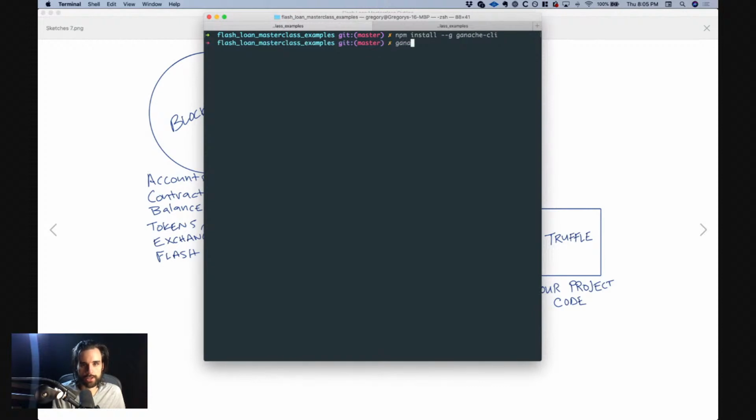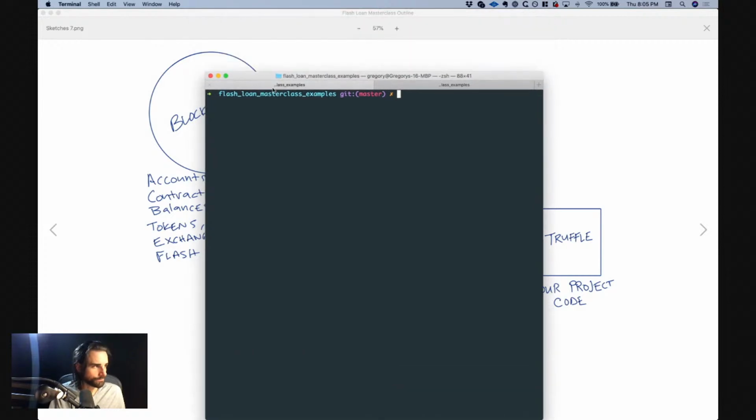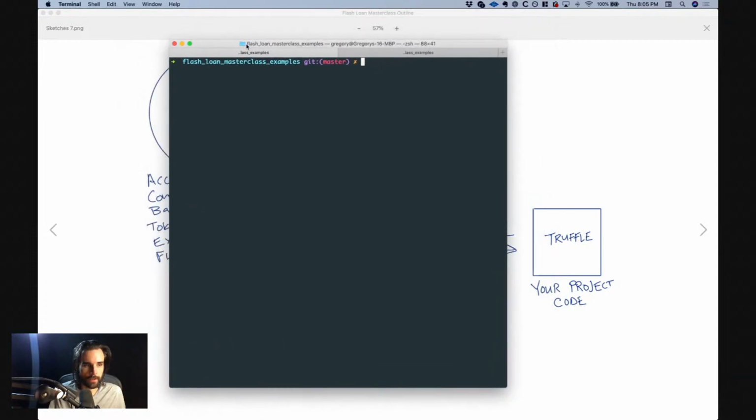All right, so I can see Ganache CLI. I think it's --version. I think that's what I do. Yeah, ganache-cli --version. I'm using 6.12.2. All right. So now, what I'm going to do is actually start Ganache,